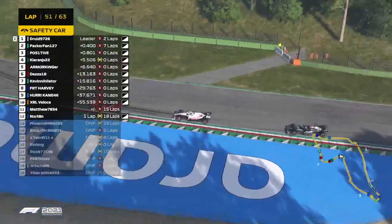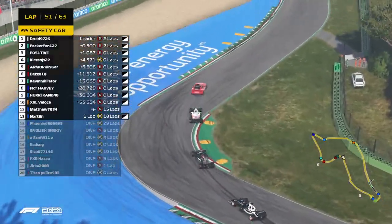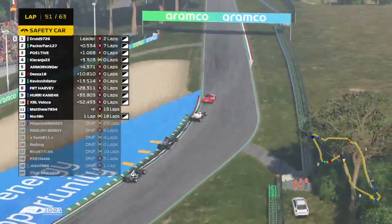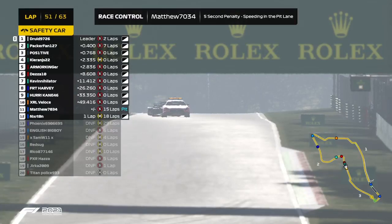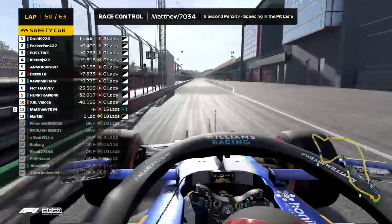Sorry, I can't resist. Haas have got the best name for puns. I think they have a Hamazing team, you know. That was a double pun because I was referencing the Amazing, as Matthew's got a 5-second penalty for speeding in